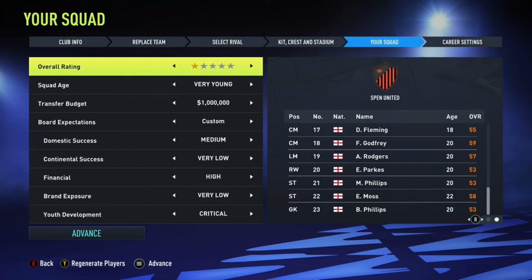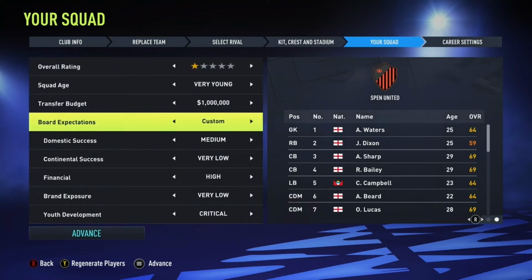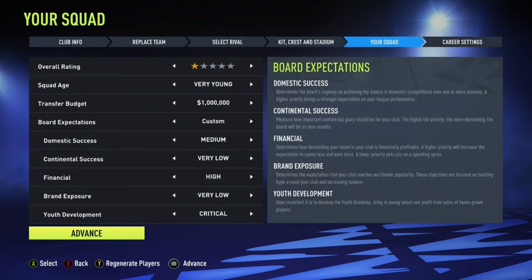There are a lot of 20-year-olds there, so maybe we do have to sell some of those players. But this is the team that we're starting with, so we'll just see how we go on, and start bringing in the youth players as we go. So it's create a club, and this is the team we're starting with. That's how we'll go on. So if we advance onto that one,